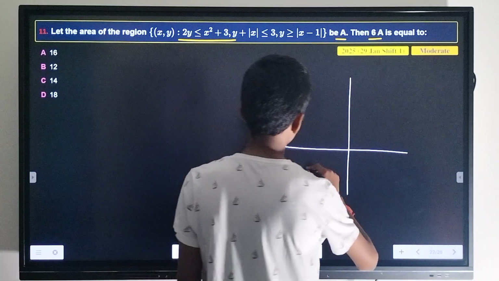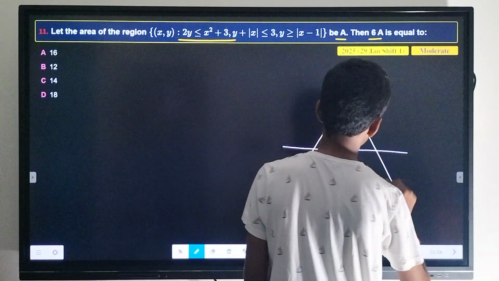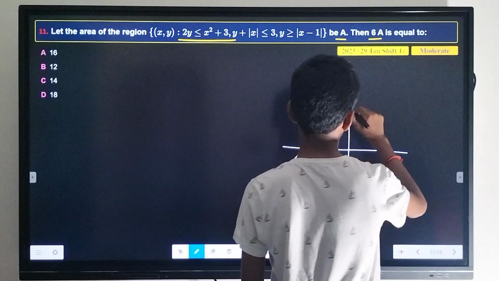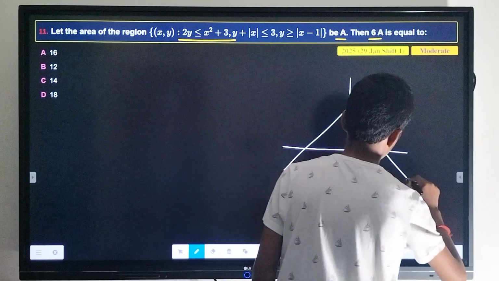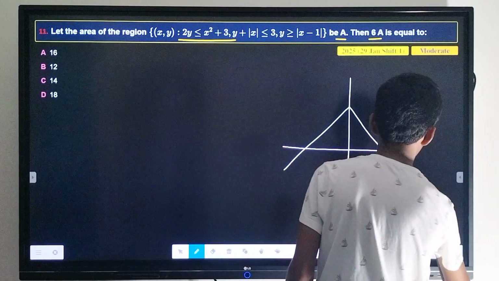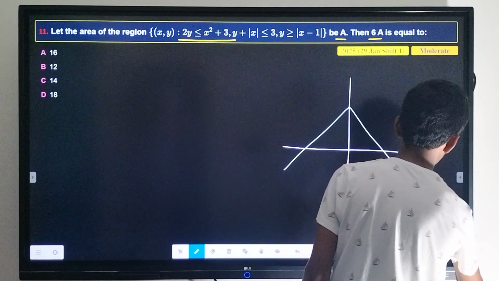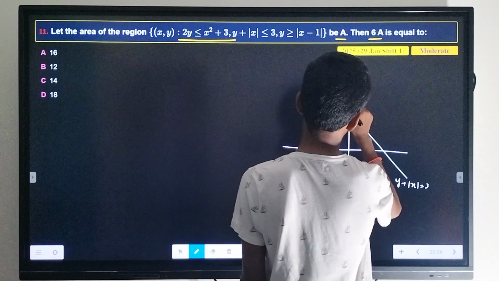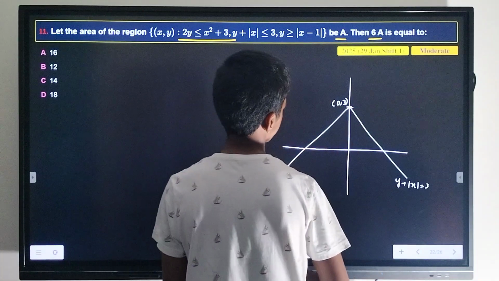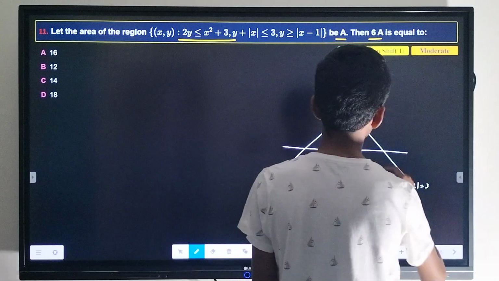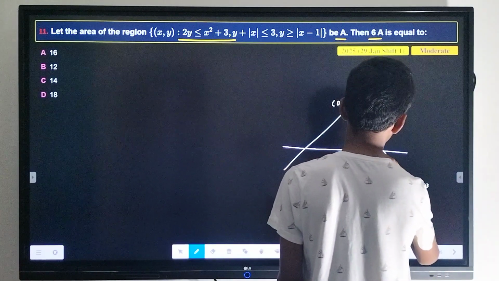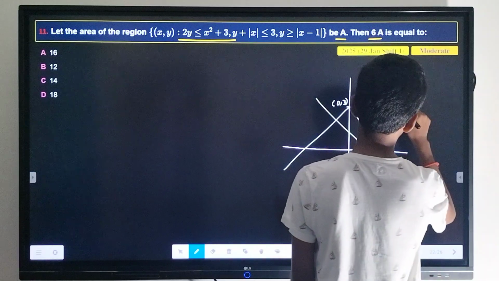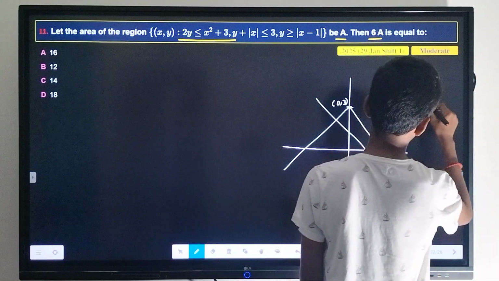So this is our y plus mod of x is equal to 3 at 0 comma 3, and this is y is equal to modulus of x minus 1